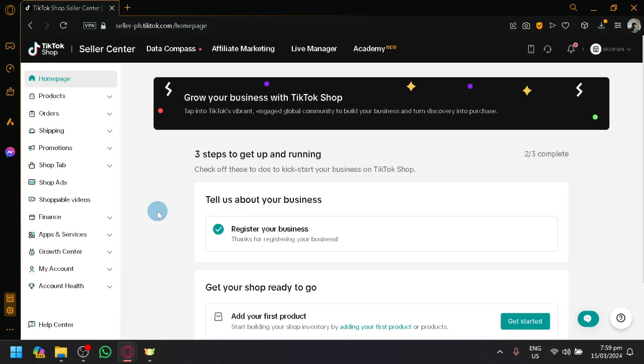In today's video, we will be teaching you how you will be able to manage your ads in TikTok. Now in TikTok, they already have an ad manager specifically for helping you manage your ads for your TikTok products or your TikTok videos. So as you can see right now, I'm currently in my homepage, and over here on